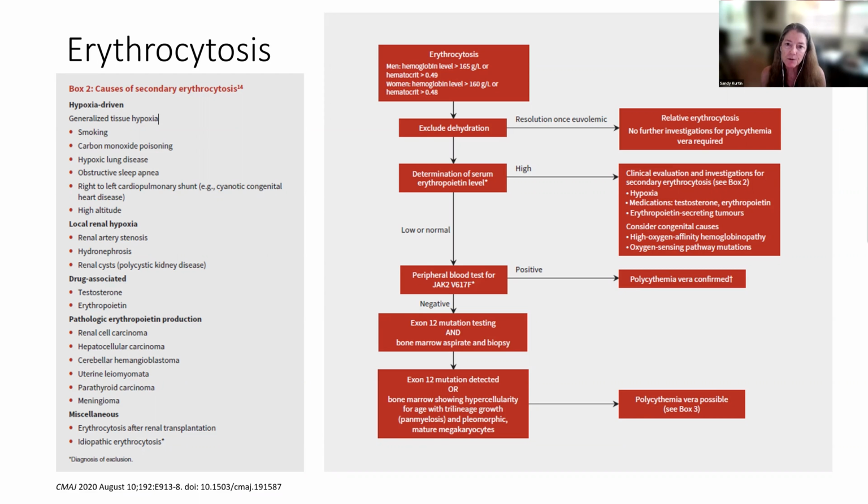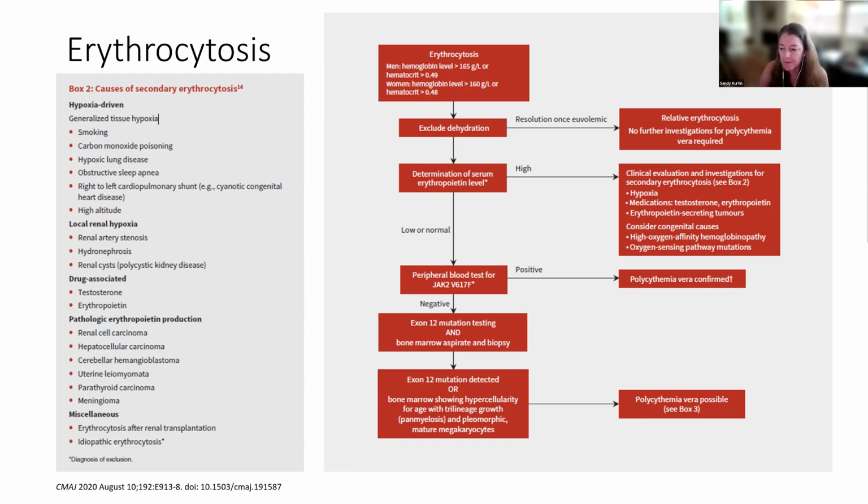But oftentimes you'll find that they do have sleep apnea, or they are a heavy smoker, or they've been getting testosterone injections, in which case you remove the offending element there and recheck. For those folks where there isn't a plausible alternative explanation, we're going to test for myeloproliferative neoplasms and can do this in peripheral blood just by easily checking a JAK2 or myeloproliferative neoplasm panel